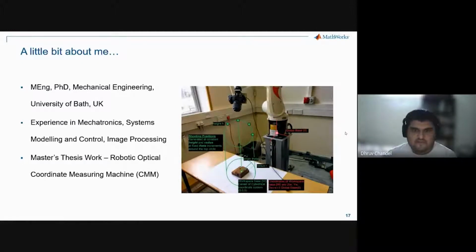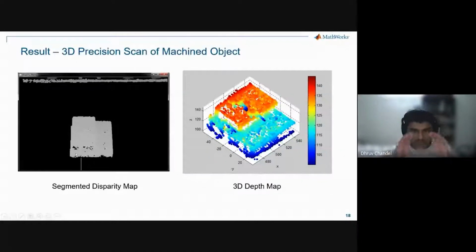I worked with both open source software and MATLAB, and I think a combination of both of them is very powerful. So today we'll be showing you how the model-based design aspect of this works, how you can plan out your robot operations, and how you can implement these things in real hardware. I used to keep a test piece on a bench, and then move a robot all around and take pictures. Then I used OpenCV to stitch the images together and make a depth map, and then you could come up with a precise scan of the object.